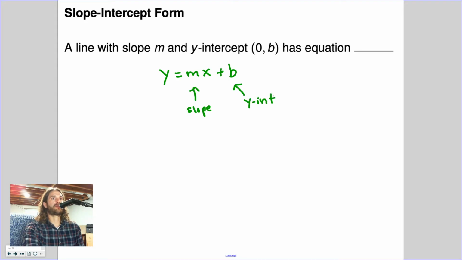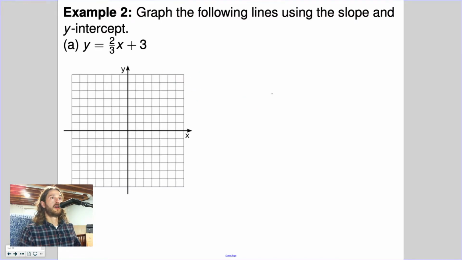Now, the cool thing about slope-intercept form is if you take any 2 points and write it in slope-intercept form, it's going to be the same for any 2 points that are on that line, whereas other forms can exist in different states. There is one unique slope-intercept form for any line, which is really helpful, and why it's probably the most used form for linear equations and linear functions.